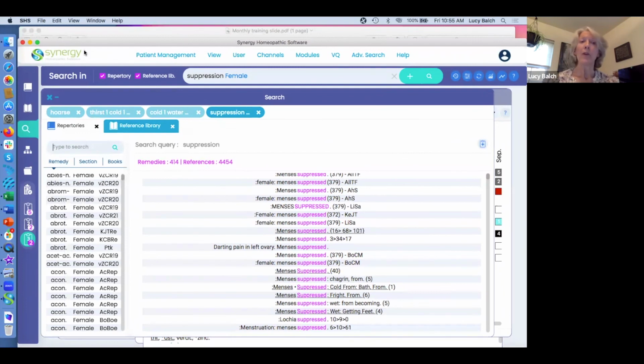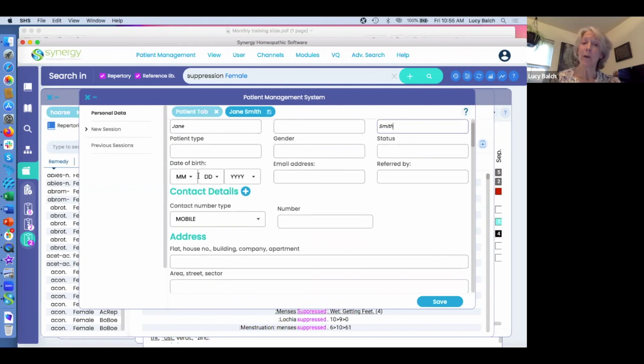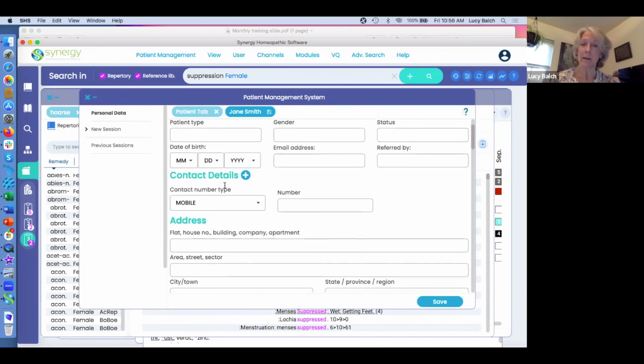Okay, so I want to create a chart for this patient that I've repertorized. And I come up here to patient management and I hit create new patient. And the only thing you have to enter in a chart is the name. And we'll just say this is Jane Smith. Okay. And you can enter also any of this contact information, date of birth,